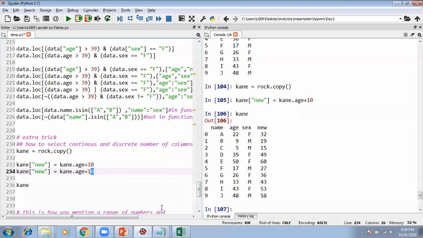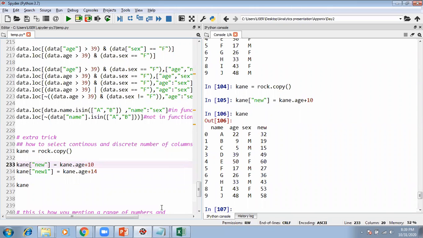Suppose I am creating certain columns. I have written kn within third bracket new. Here I have written kn dot age.